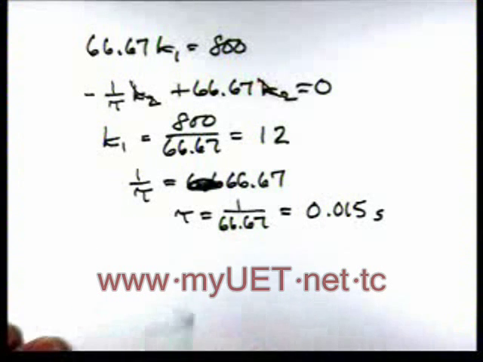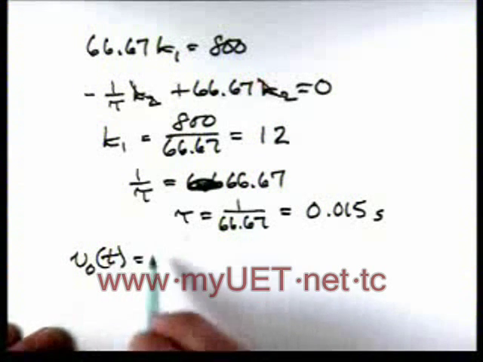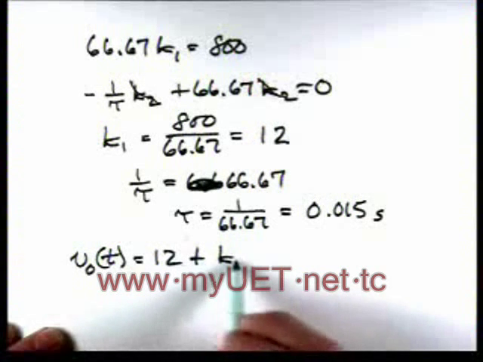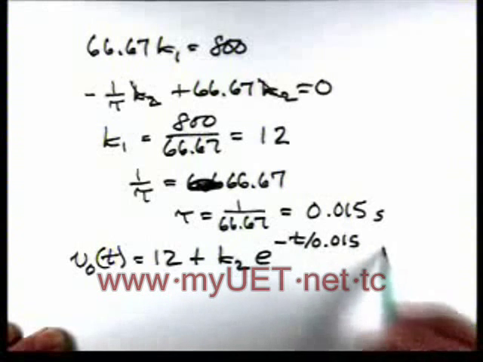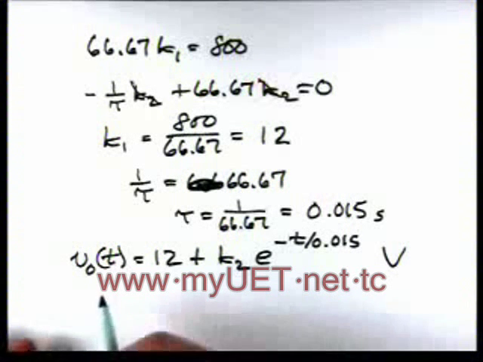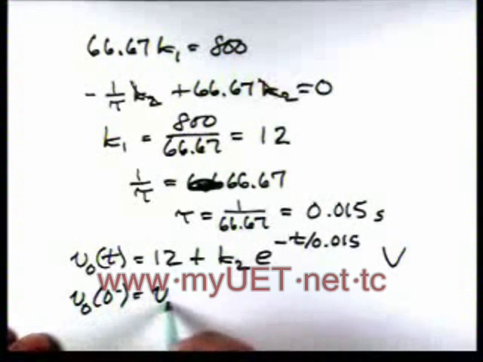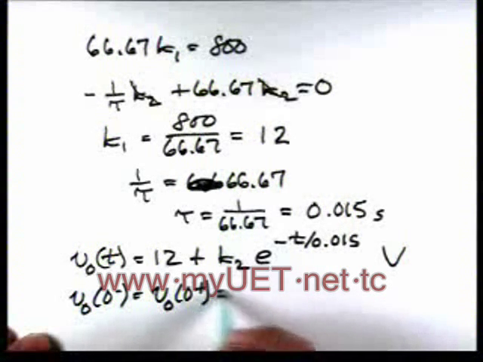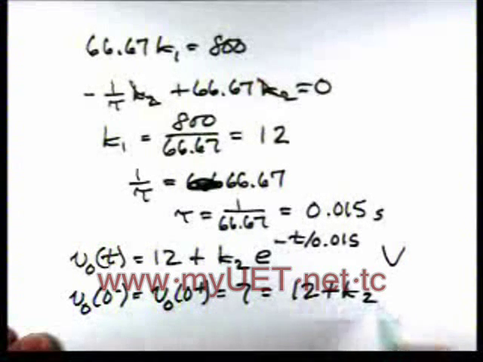So now we know that V0 of t is 12 plus K2 e to the minus t divided by 0.015. And we still need to calculate K2. We can do that because we know that V0 of 0 minus equals V0 of 0 plus, which is 7, and that's 12 plus K2. So then K2